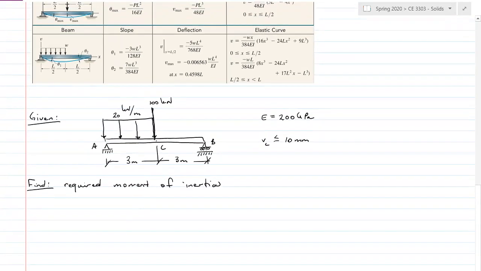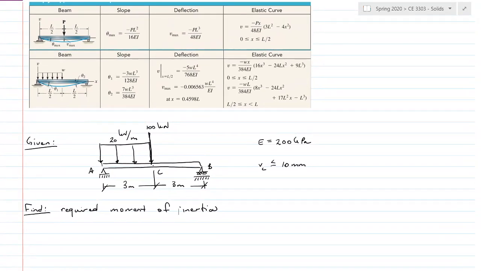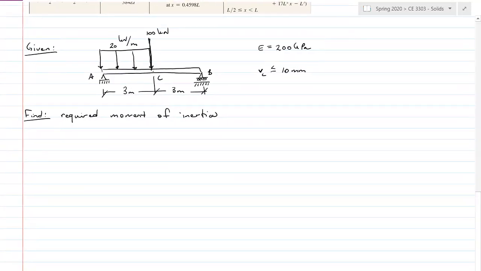All right, so a little bit different perspective. This time we're given the deflection, vertical deviation, VC, as less than or equal to 10 millimeters. We're given the load, we're given the material. Now, what cross-section do we need? So this is a little bit more beam design. Again, using Appendix C, we still have the point load in the middle, but we also have distributed load halfway. All right, so my solution